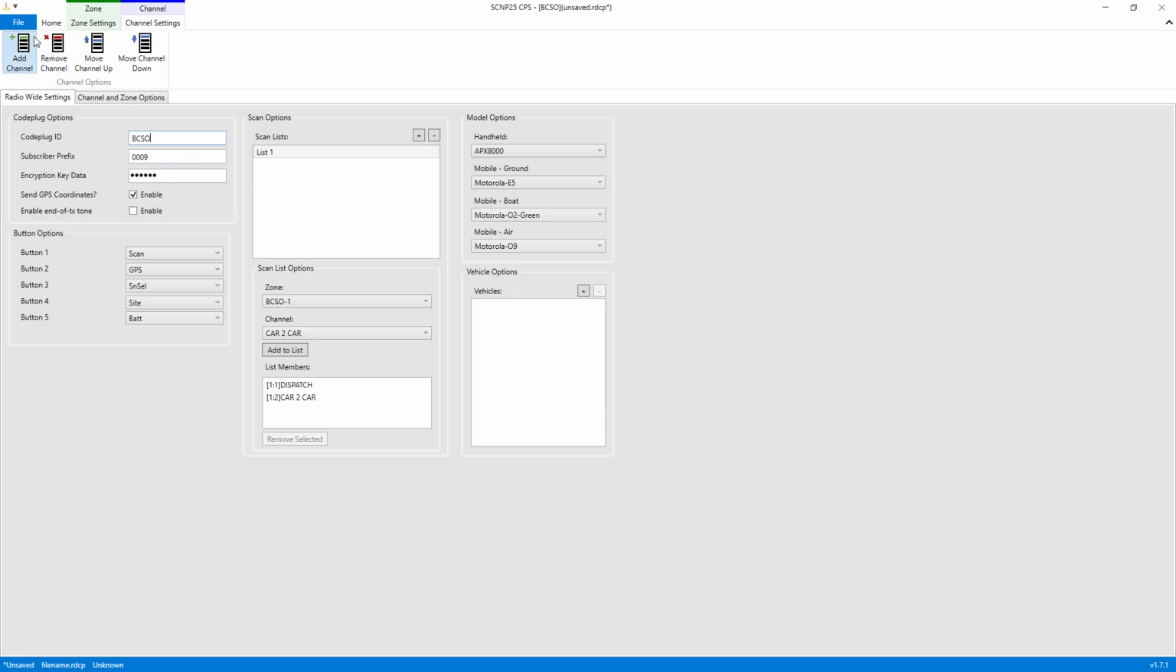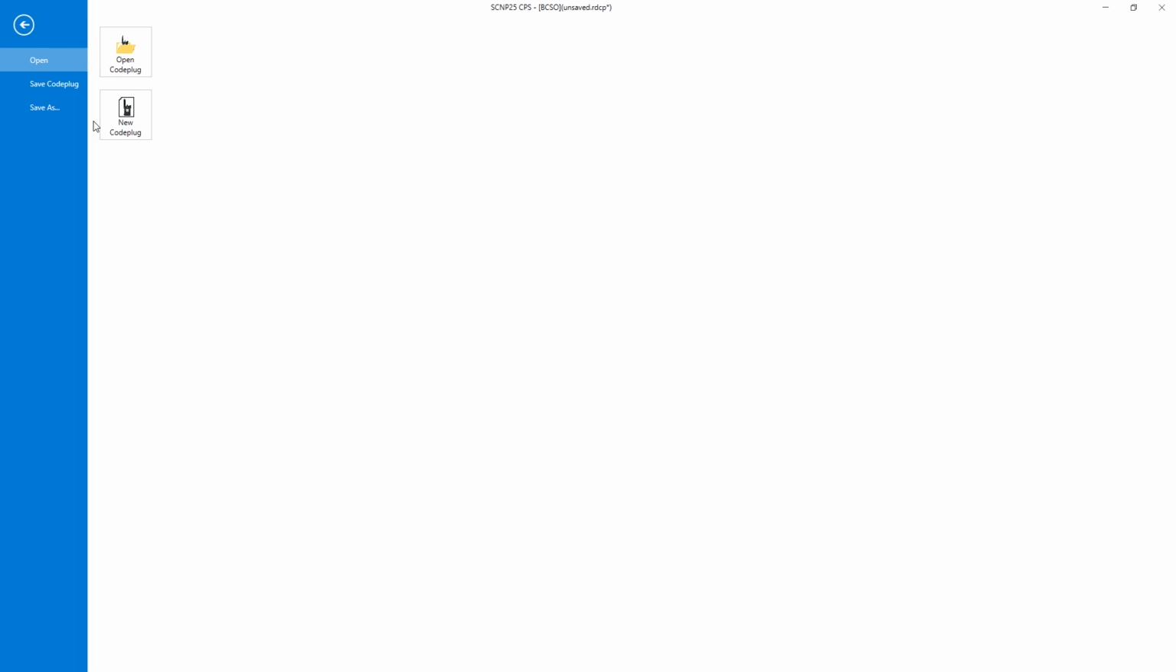So with that being said, all you gotta do is file, save code plug, save as. I'm not gonna do that because it'll open up my file explorer. Haha, another editor note here. So very important, and I don't know why I didn't say it initially, but when you save that code plug, make sure you name it as the agency that you want it to be used for. So for example, we would name this one